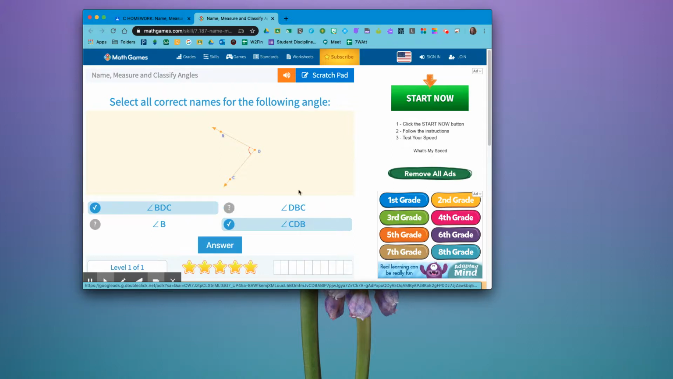But let's just try DBC. Let's trace in that order and see if we trace the angle. D, B, C. Do you notice how there's no line connecting B to C? That's why this is not a good name for that angle. I only want the angle that would connect